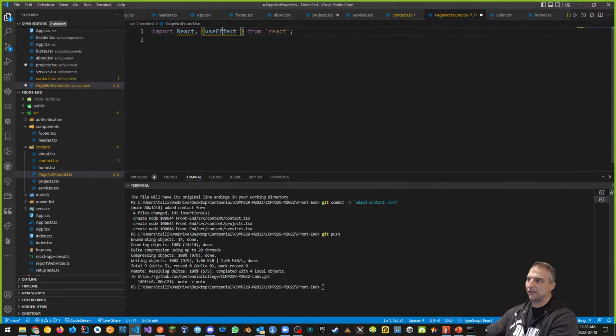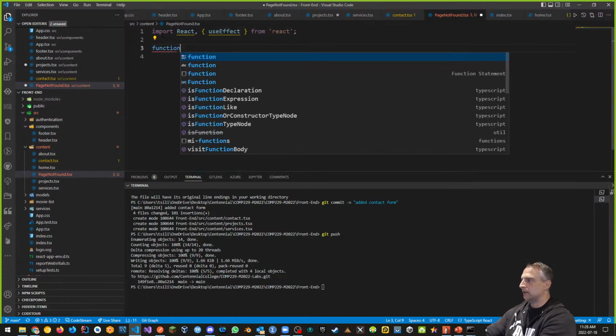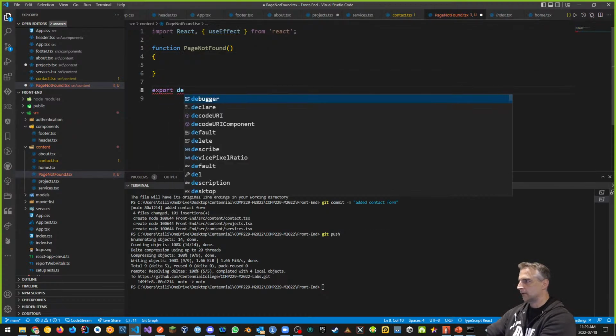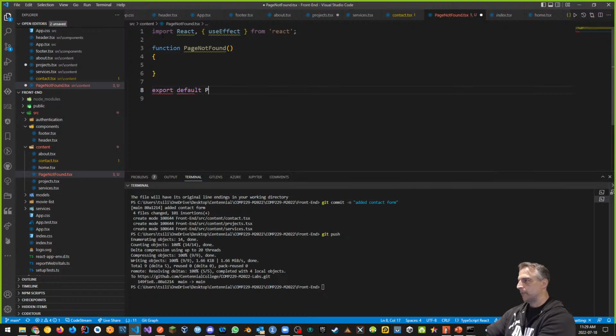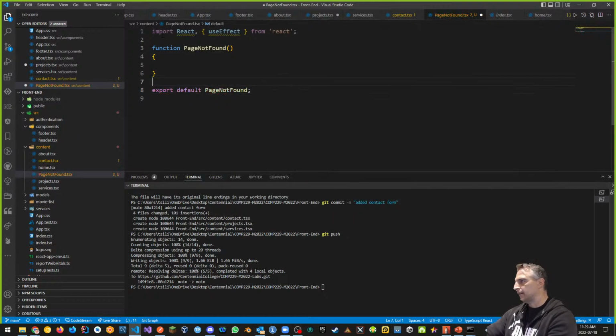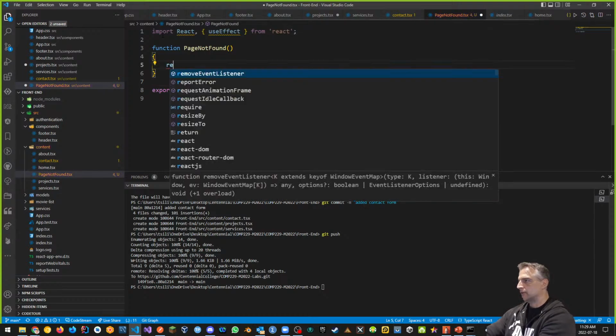Okay, useEffect is going to give me that start function that's going to come off almost like a constructor function. It's going to come up and say function is PageNotFound. I want that. So just like any other thing that we did, we're also going to come back here and export default the PageNotFound. And inside here, we're going to return